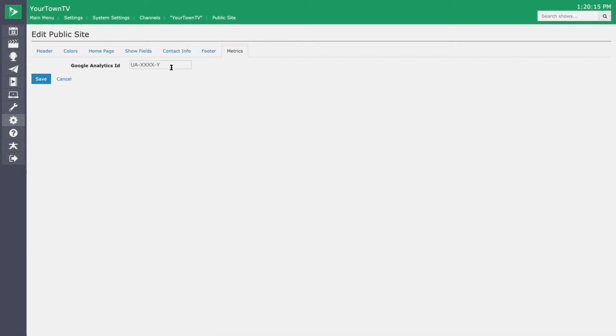The other thing that is really nice with this public site is we do give you a lot of customization factors inside the user interface. But in addition to that, the public site is completely open source as well. And we do allow you to edit the CSS file for that. So if you want to do some complete customization or more advanced things that aren't available within just the user interface, you can go in there. You can add some additional custom HTML, or you can do some other CSS edits to that,